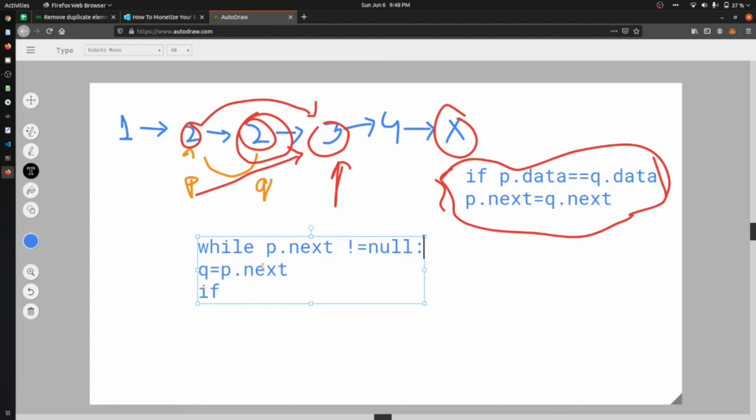And we can check if p.data is equal to q.data. It means that we have an element that is repeated.